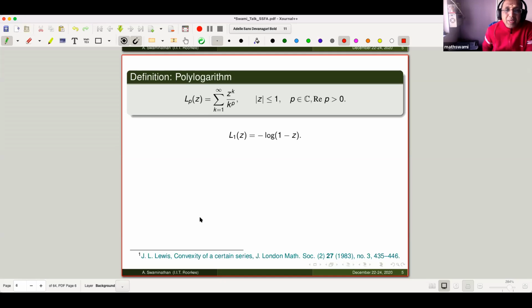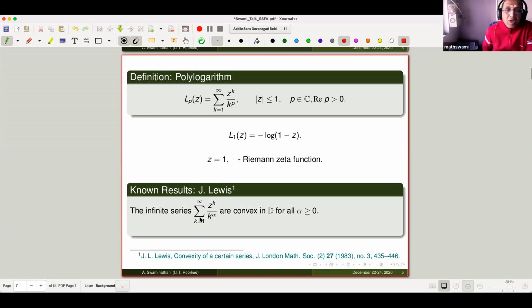And note that when p is 1, it is the well-known logarithmic function. And for z equal to 1, this precisely speaks about the Riemann zeta function. And of course, when we speak about the polylogarithm, one of the best results so far known geometrically is that